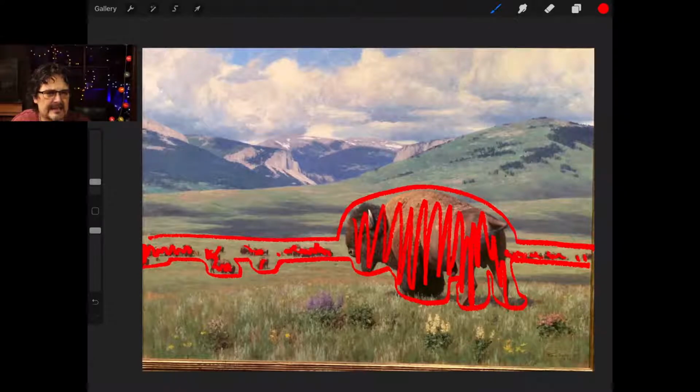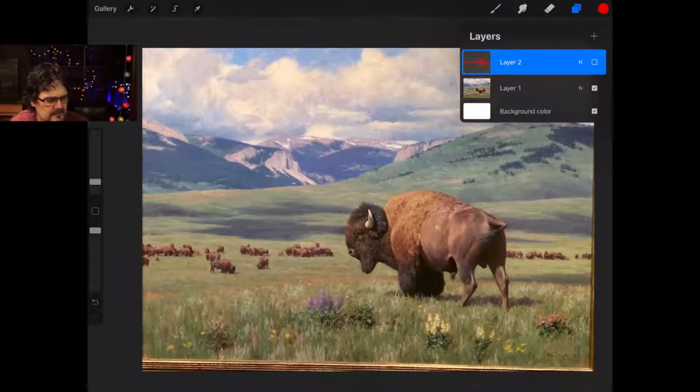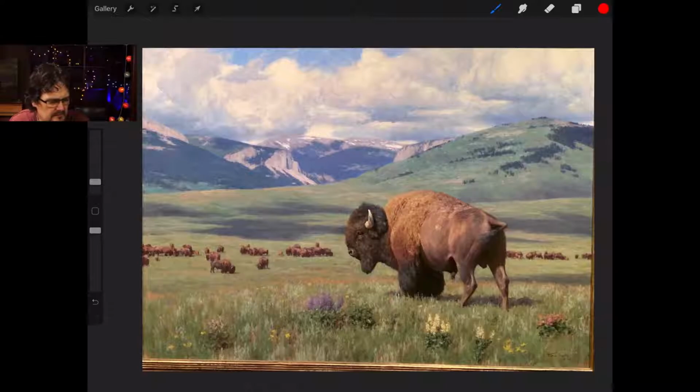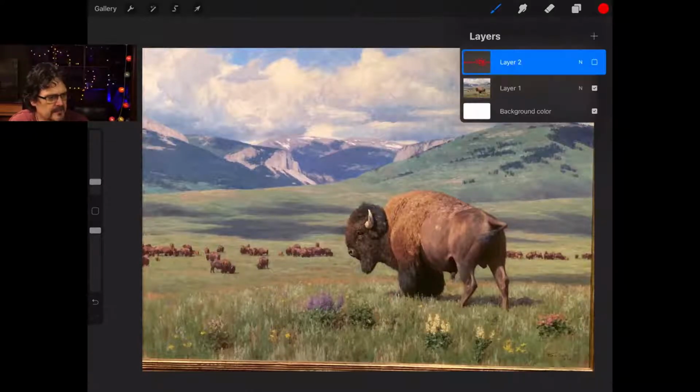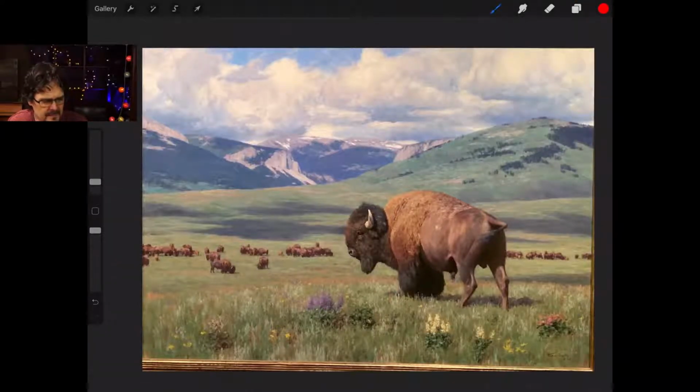Did you guys see that? Did you see that before I pointed it out? The extension of that, and how disciplined he was about keeping this color right through there.